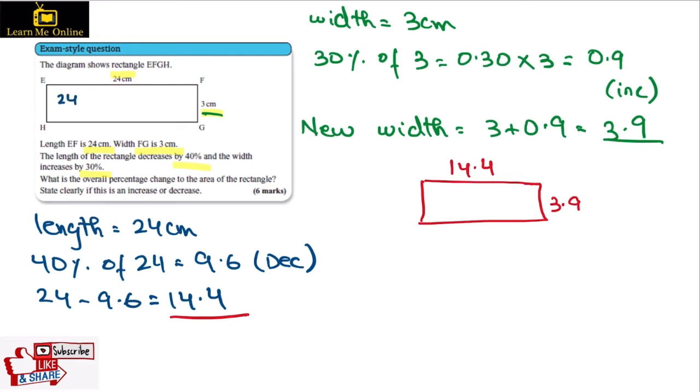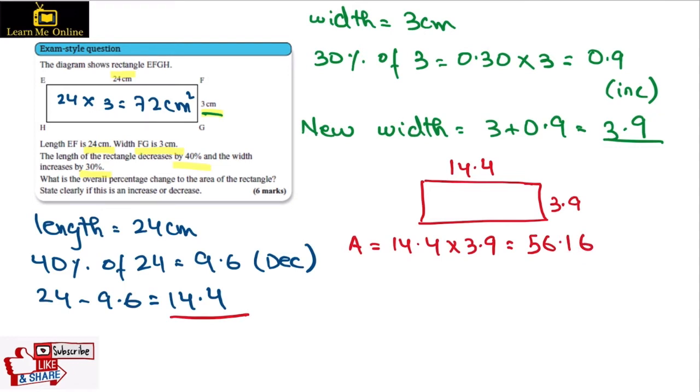So to find out the area, we do base times height, which is 24 times 3. When you do 24 times 3, that would be 72 centimeters squared. That's the area of the bigger rectangle. So after doing the changes, the area of the new rectangle, I'm going to do the working out here. To find this area, you do 14.4 times 3.9, and the new area would be